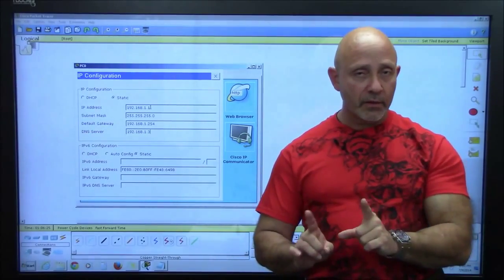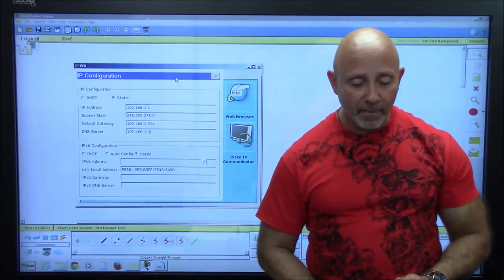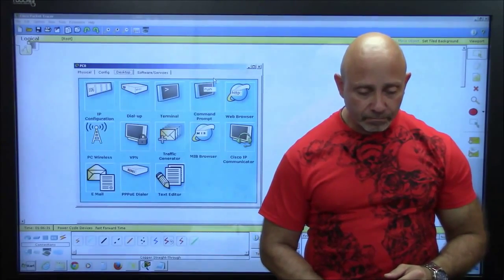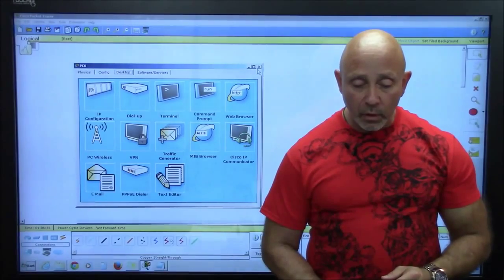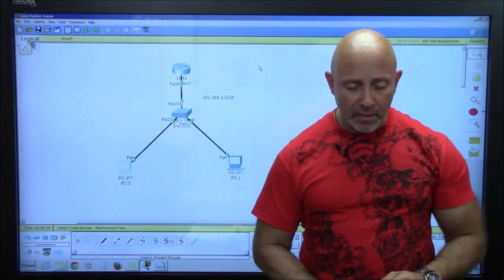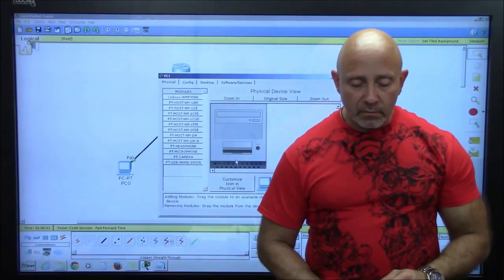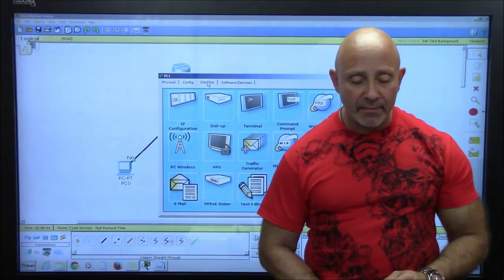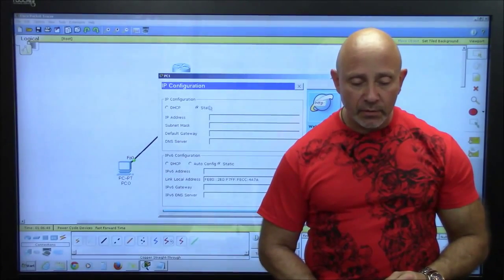That's going to be our DNS server. And I'm going to configure some stuff there and you'll see, just a little basic stuff so you can see how that works. And then we close that, because Packet Tracer automatically memorizes the information once you put it in. So go into the second PC, desktop tab, IP configuration,